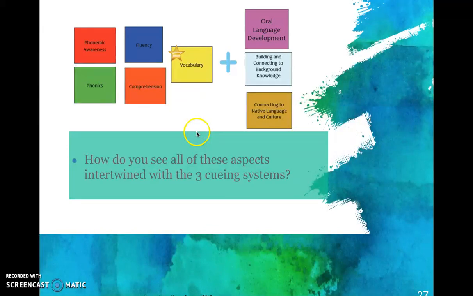Take a moment and consider this question. How did you see all of the aspects, the 5+3 components of reading intertwined with the 3